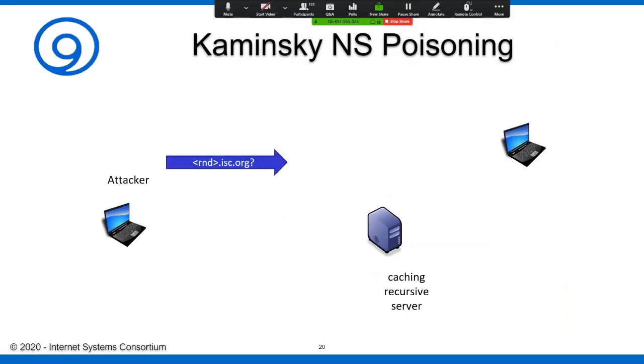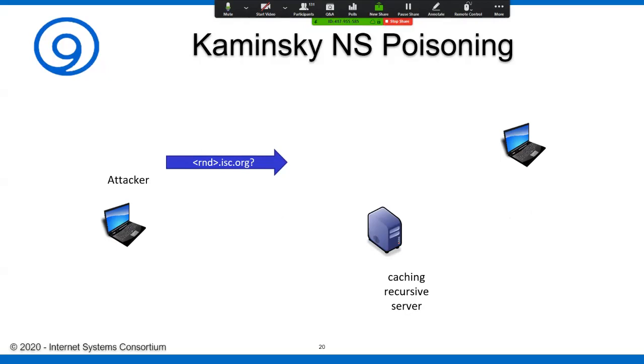In this case, the attack is a little bit different because instead of asking for the thing that we're trying to take over, instead of asking for www.isc.org, the attacker would send a query for some random label. It would want to be something that does not exist in the isc.org domain. So they would ask for